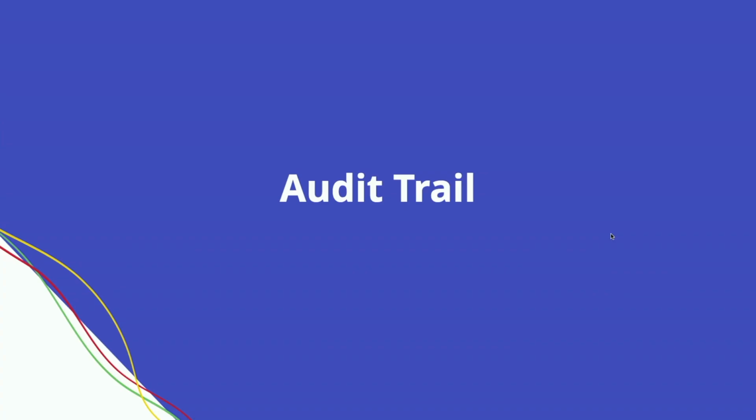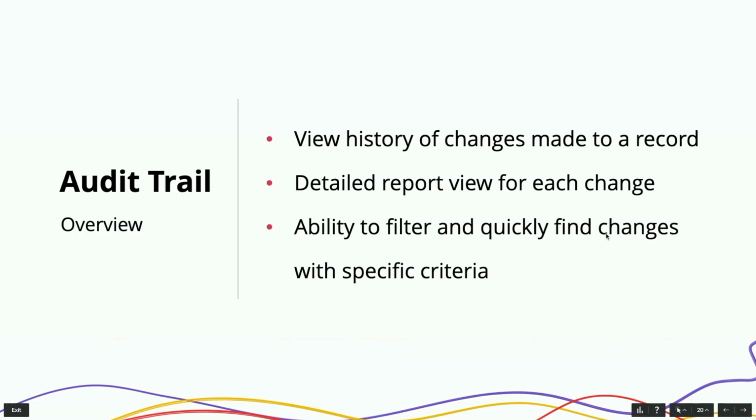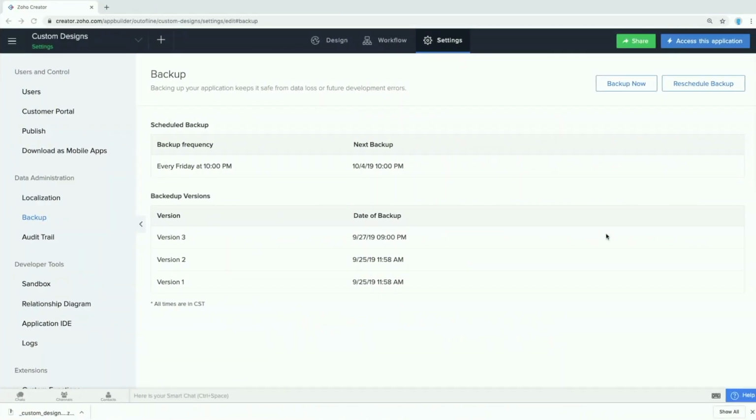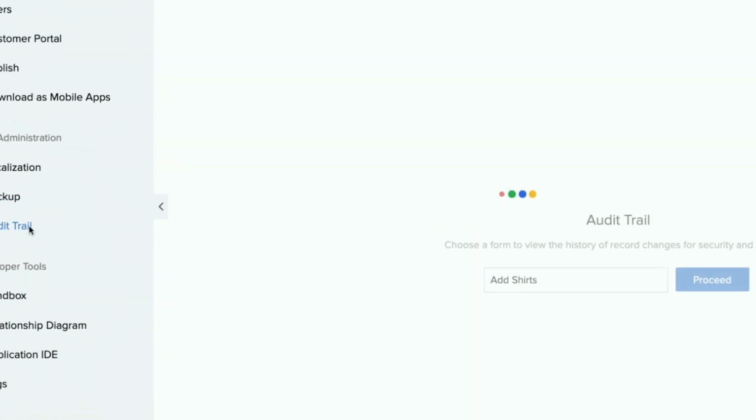All right. On to the audit trail. So the audit trail, unfortunately, is not as exciting. Or maybe it is as exciting. The audit trail is just a way that you can take a peek and spy on who's been doing what. Any changes that have been made to records within your application, Audit Trail is going to be your place to go to see changes that are being made. We're going to look at how to view those changes, get a detailed report, and see how to filter by type of change, et cetera. So let's jump over here and go check out the audit trail.